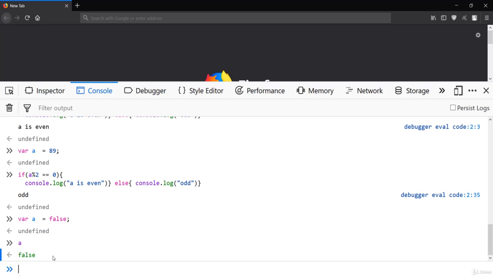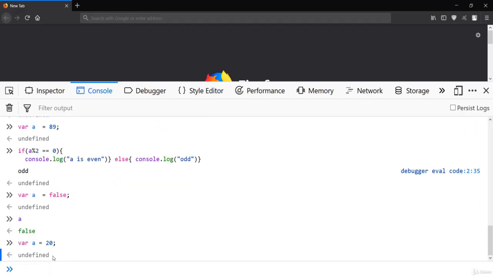You can also make use of if and else if condition if you have multiple conditions. So let me just take a simple example over here of how this if and else if work. So let me say var a, let me just give this 20, and let me just make a simple condition which is if a is equal, which will just check if a is equal to, let me say 10, and let me just say that if it is the case, I'll just say console.log.